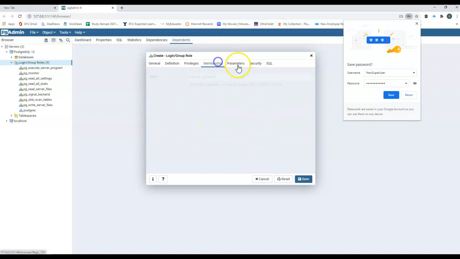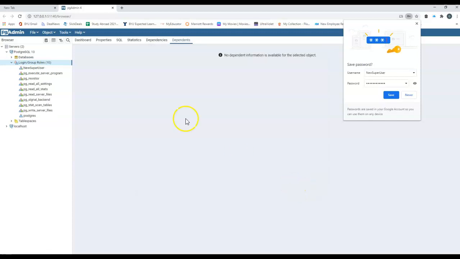And the rest of these things, the membership and the parameters, security, these are all things that you'll learn when you do administration tools in database. This last thing is interesting because it actually shows you the SQL statement that's being created in order to make this happen. Go ahead and click Save, and that's how you can add a brand new user to this database,